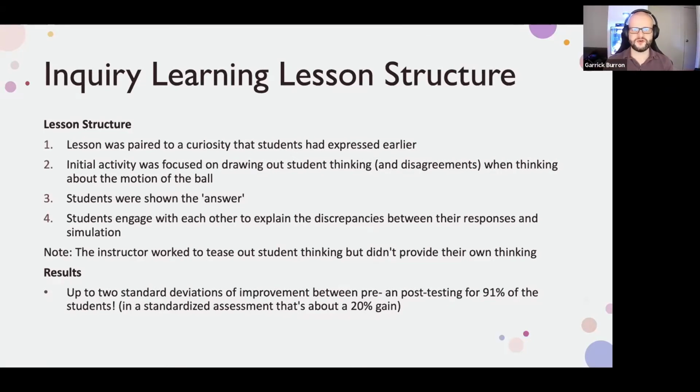The initial activity is focused on drawing out student thinking. So you as a teacher are trying to get them to come up with their questions. When they find the answers to some of those questions, or they start to think through those questions, you as the teacher are trying to draw out their understanding through questioning. Importantly, you're not correcting them. So if they're wrong, that's fine. The goal here is to get them to say what they're thinking out loud, and hopefully have other people in the room have different ideas and have those disagreements and start to contest and think about it.